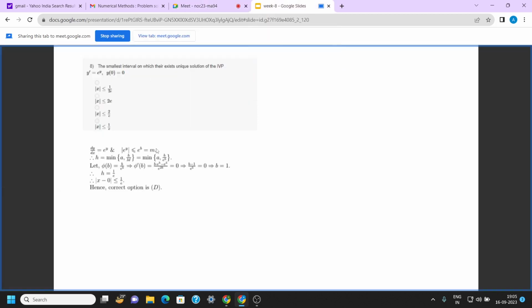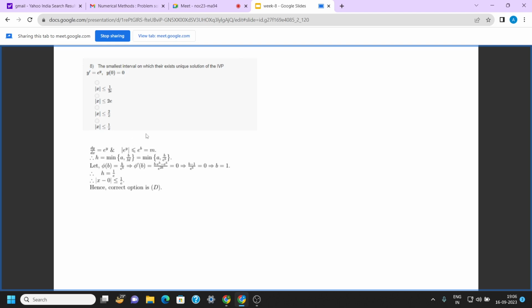How will you get it? So here dy by dx is equal to e power y. Using the existence and uniqueness theorems, here f of x comma y is e power y, and we will find the upper bound of f of x comma y, that is e power y. So the modulus of e power y will be less than or equal to